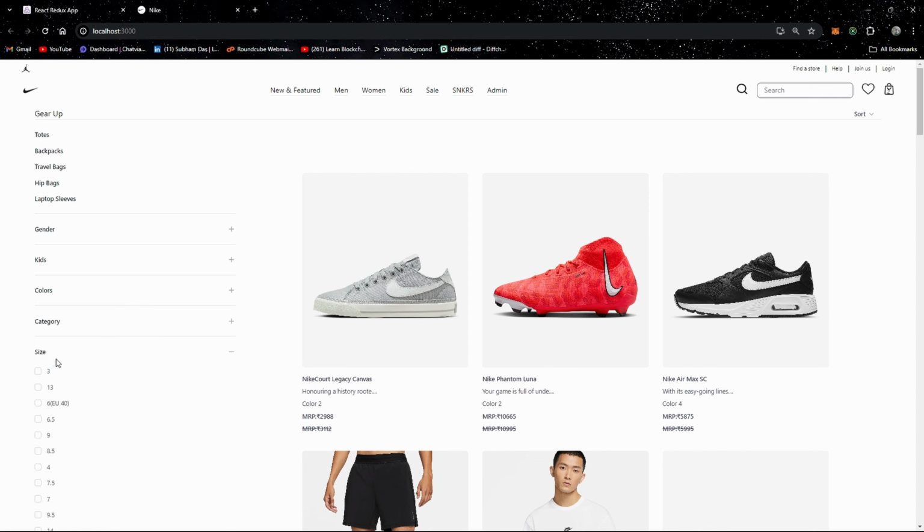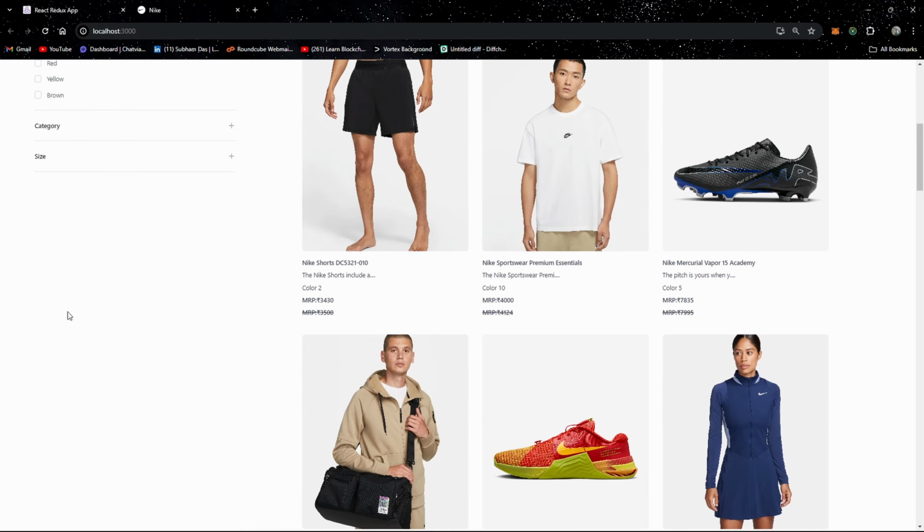Now the next part is we are going to filter everything with the sizes. In my next video I am going to show you how to filter the products using these categories like the sizes, the kids, the colors categories,